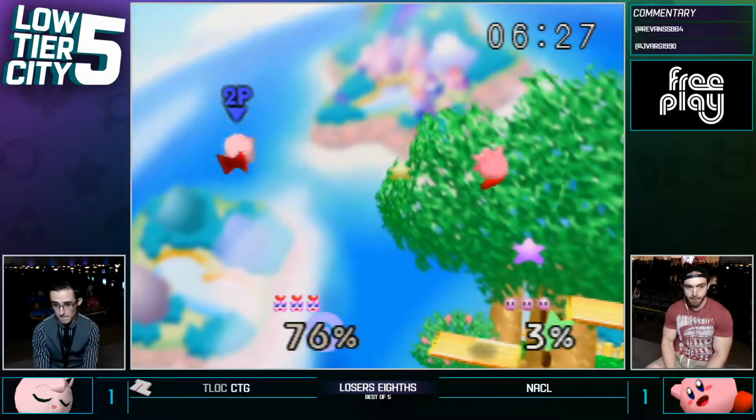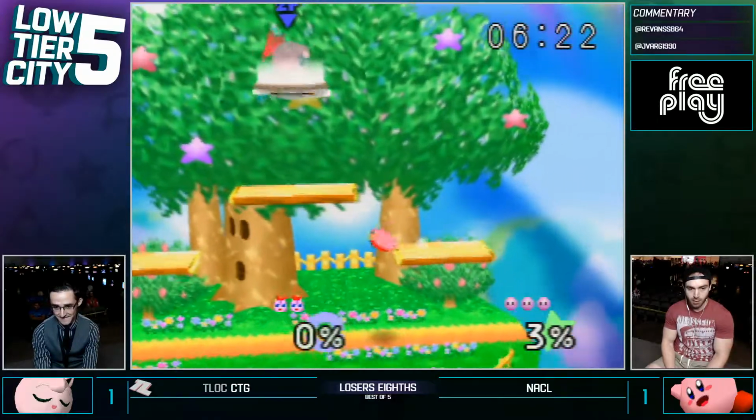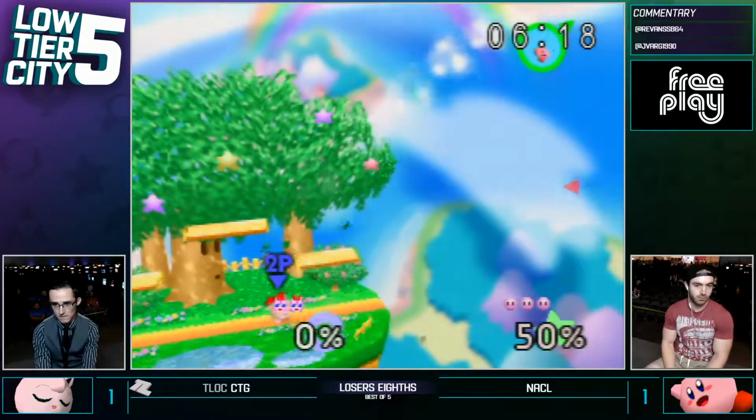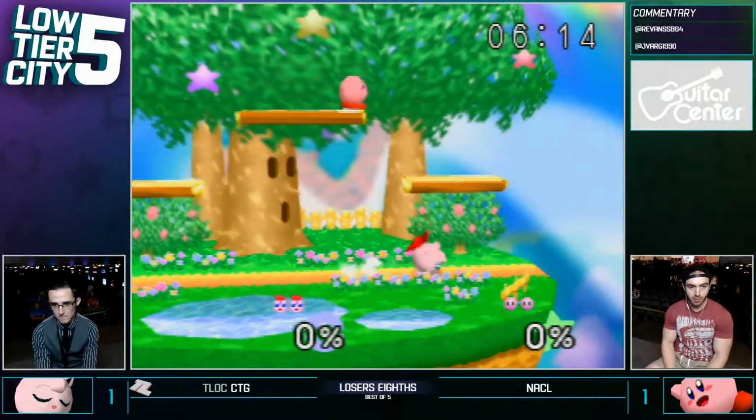He seems to not be throwing out many aerials in the air. He's trying to really just space them out, hope that NaCl gets afraid and runs back. You see him not throwing out too many nairs. Nice rest. You know, there's a chance maybe he's trying to play more of a patient game, maybe a more